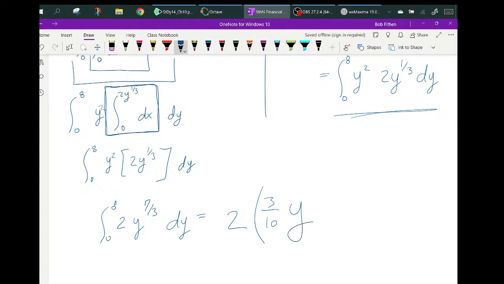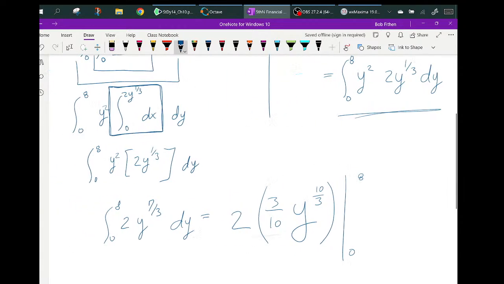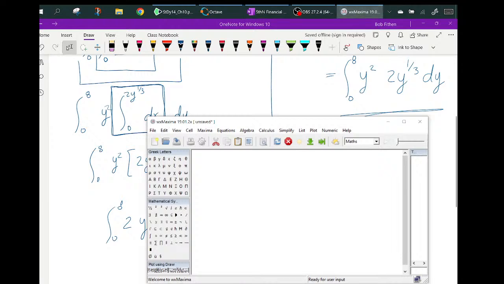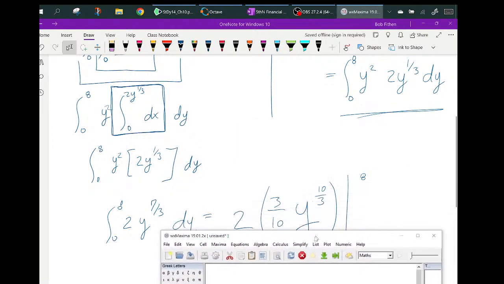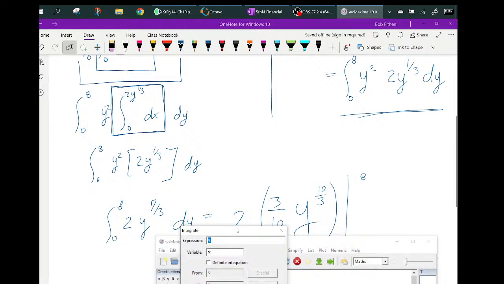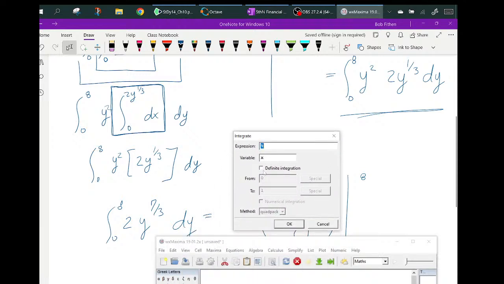I should have put a limiter, 8, 0. Now, or I could have gone in here and done this. Let's do this inside Maxima. Let's see this. Now let's integrate. Let's do a definite integral